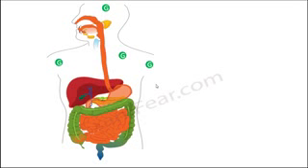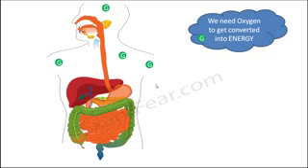Now here in this lesson, we are going to talk about how this oxygen reaches each and every cell of the body. Because oxygen is not produced inside our body, right? So it is coming from somewhere outside. So we are only going to focus on this part: how does this exchange of gases happen, how is oxygen coming inside the body, how is it reaching each and every cell of the body,